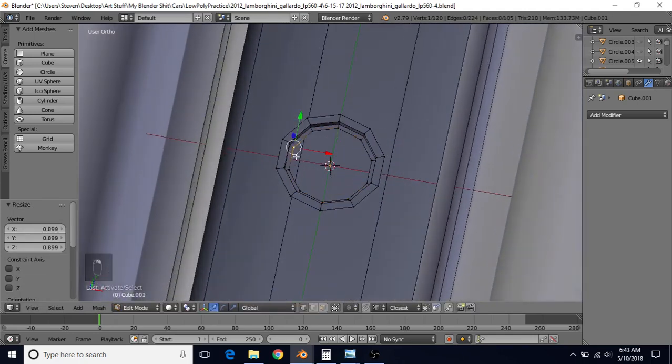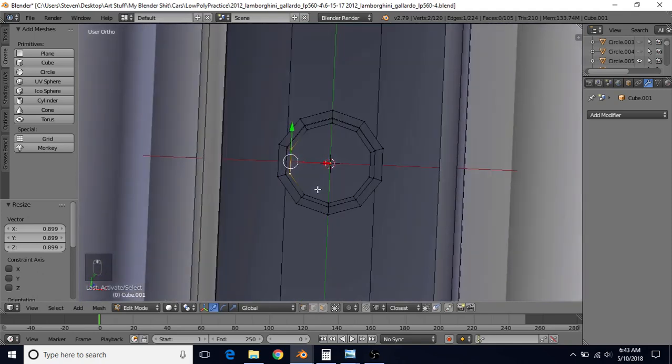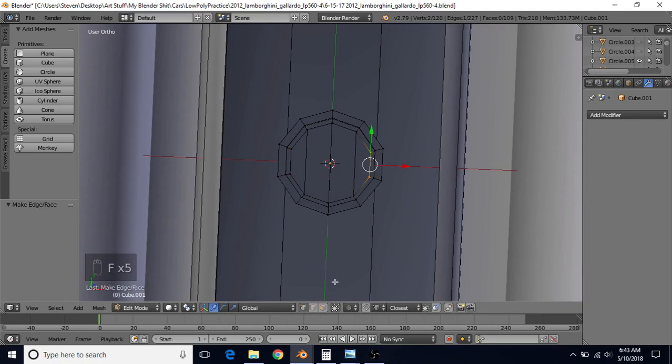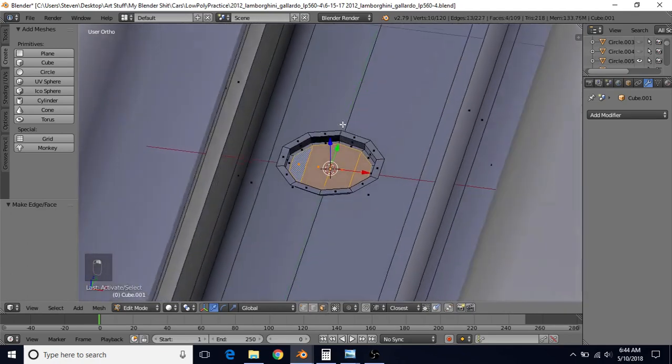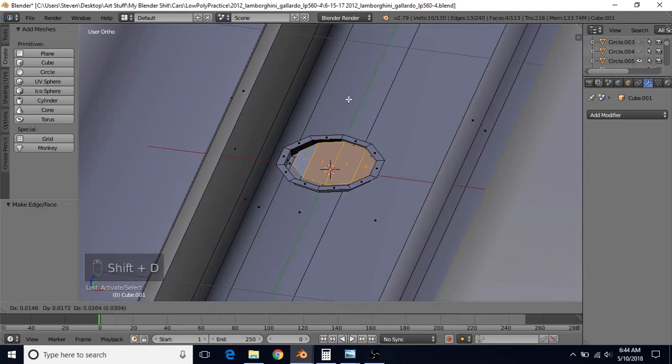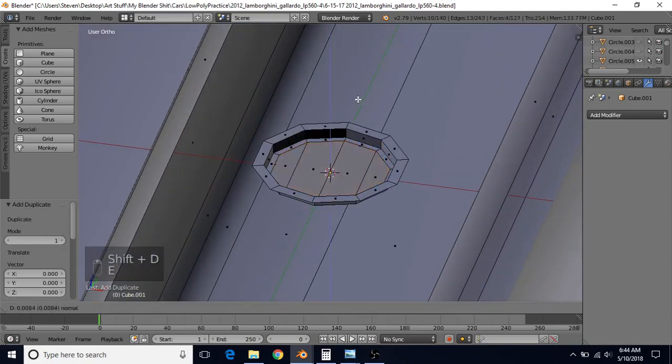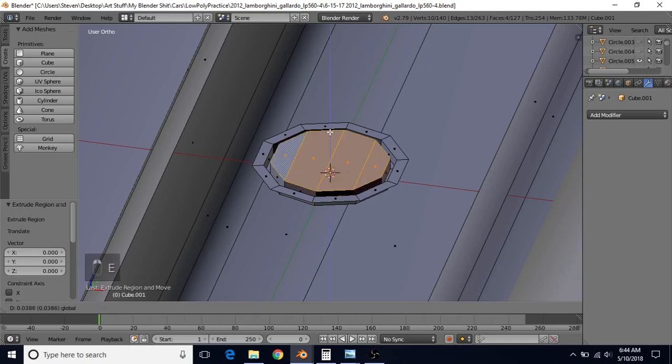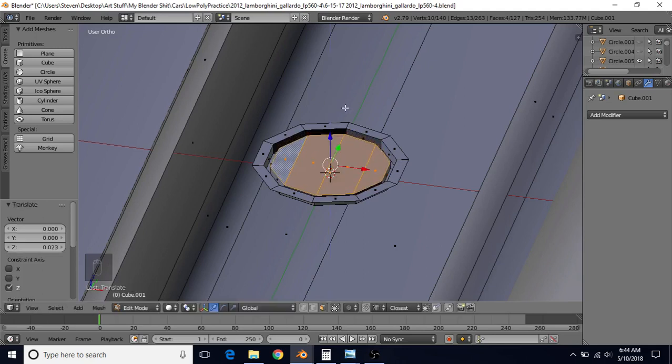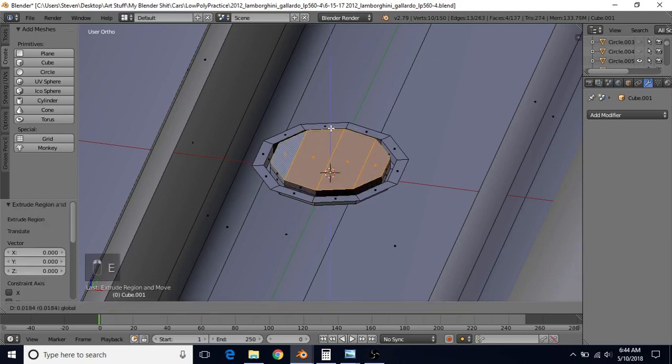Then we want to select two vertices that are next to each other here and just press F a bunch of times. That's going to fill in the faces here. Then we're going to go to face select and select these faces. We're going to do Shift E to duplicate, right click to cancel, E to extrude, right click to cancel, and bring this up some. Then we're going to do E to extrude, right click to cancel, bring this up again,